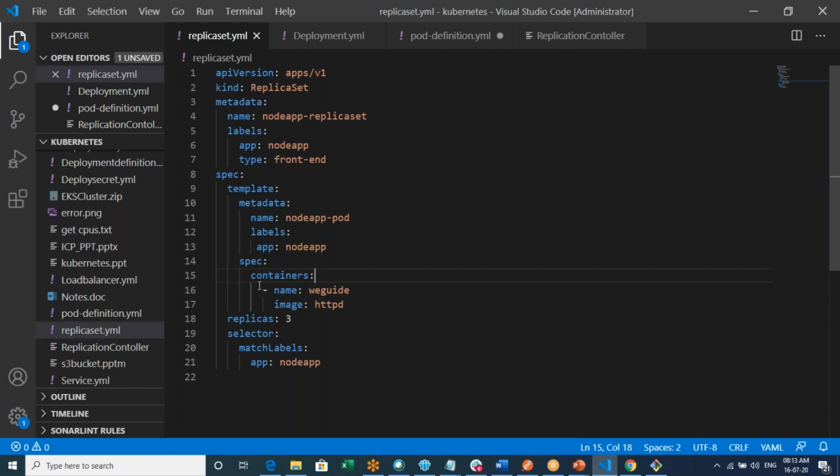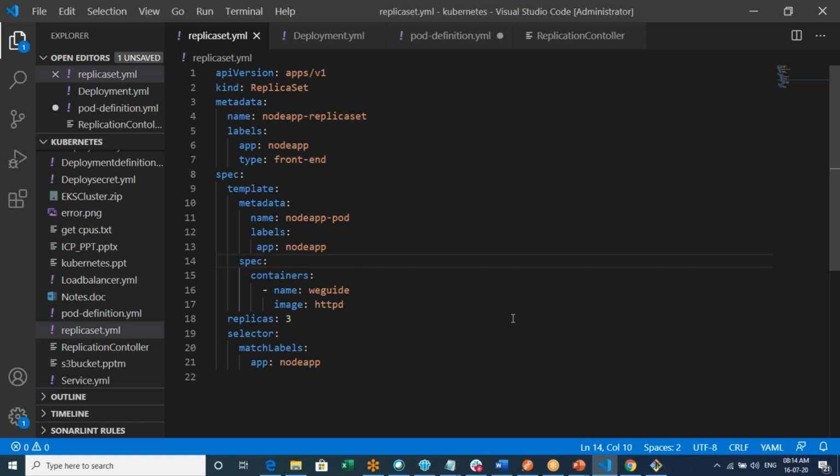Fine. So this is how we actually create a replica set. The API version, kind and metadata will be the same. The specification will be the same, but under template we just add the pod definition and we have an extra key-value pair, which is replicas. You can mention 3, 4, 5, whatever you need, based on your user base and your server capacity. The selector we should have to match the label of this particular pod, so that when one pod goes down, only the related pod will come up. For that particular reason we use a replica set.